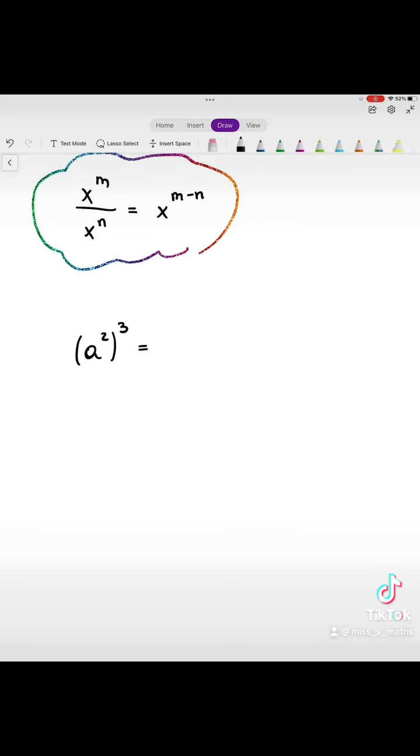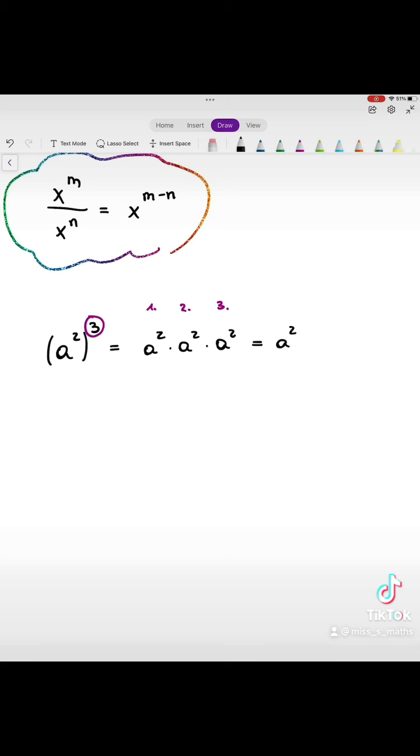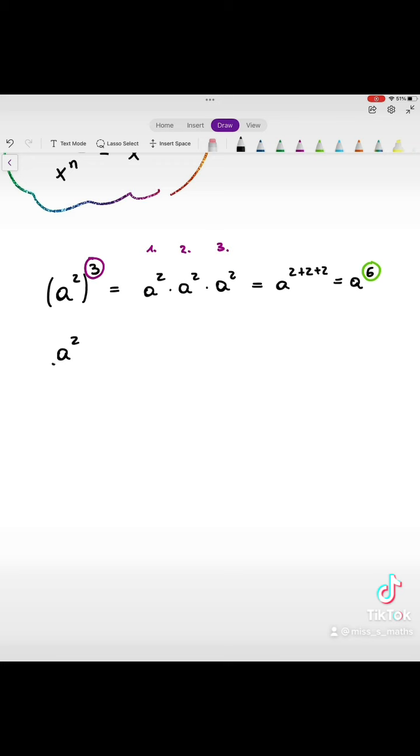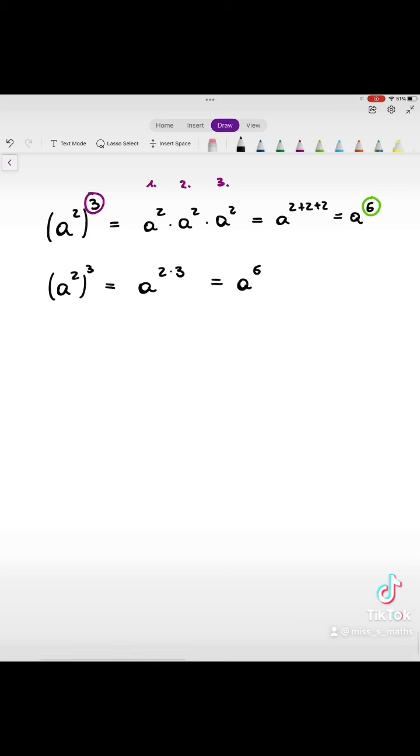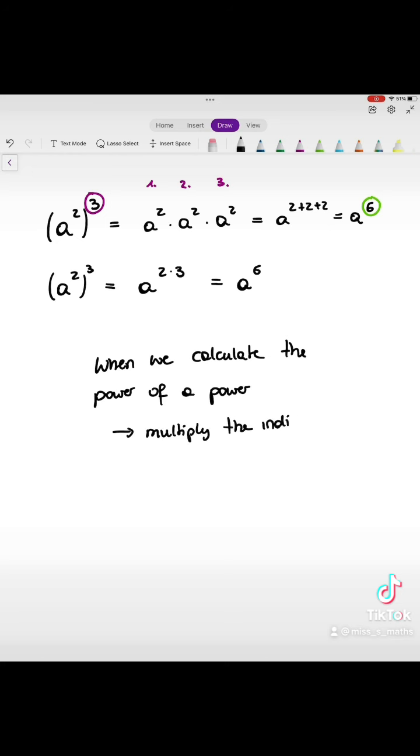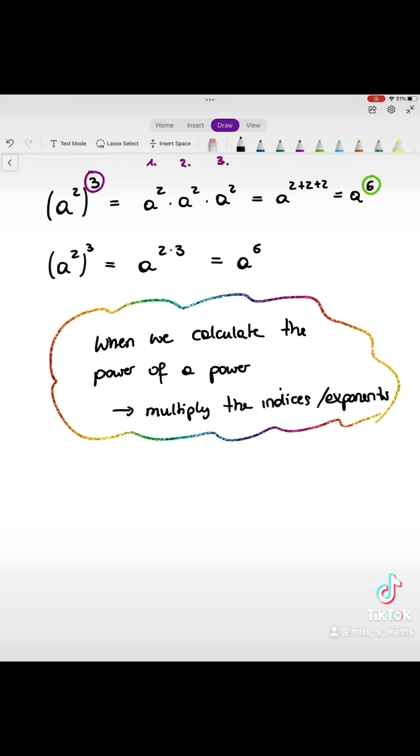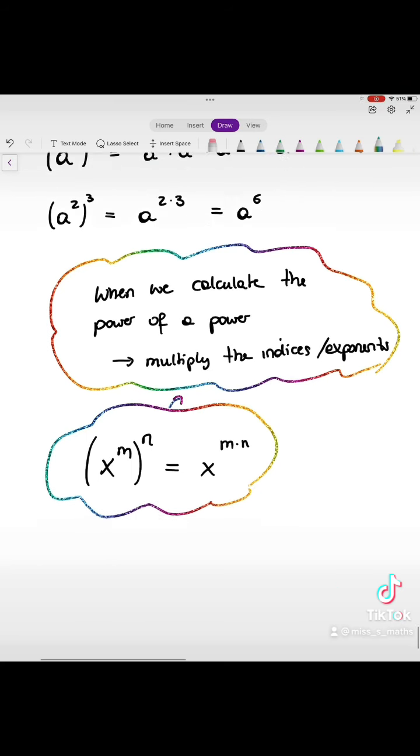Now let's look at a power to the power of something else. So a squared to the power of 3 would be a squared multiplied by itself 3 times, and if we're using our multiplication rule, that means we're adding all of these exponents together, which gives us 6 as the new exponent. Now by looking at 2 and 3, to get to the 6 straight away without that extra way around, we can just multiply our two exponents with each other, and that's the rule. Whenever you calculate the power of a power, then you multiply your two indices with each other,